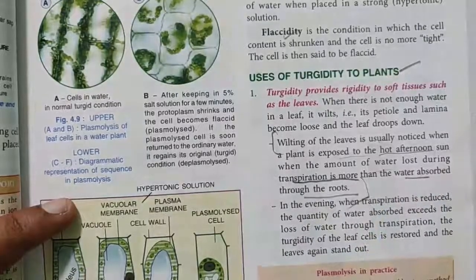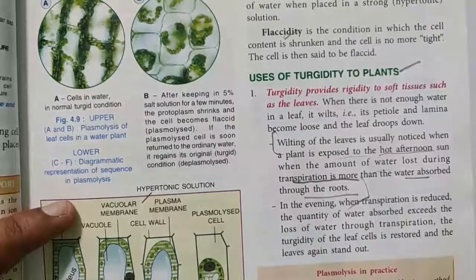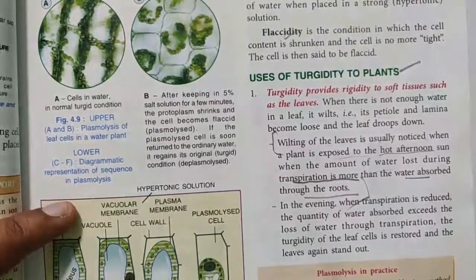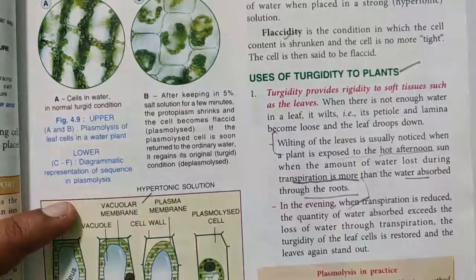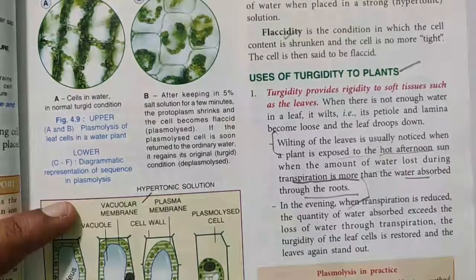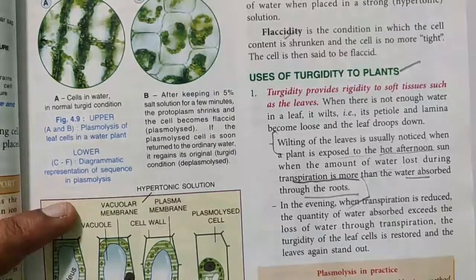That means ज़्यादा amount में water जो बाहर जा रहा है in the form of vapor from the tip of the plant, और कम amount में root क्या कर रहे हैं, plant water को absorb कर रहे हैं. So they are not in the equilibrium state, in which the loss of water is more than the retention of water by the roots, due to which there is wilting of the leaves.